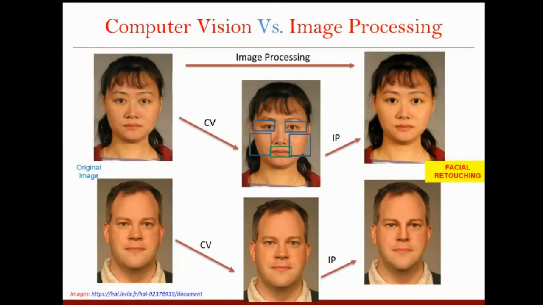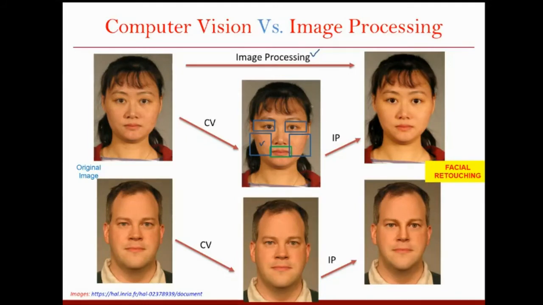So what can be the steps for this? If you analyze it deeply, we cannot directly take the image and apply the image processing and get the final output. The reason is that the kind of improvement that you are going to do in this region is going to be very different from what you are going to do in the eyes or in the lips, right? For example, for lips, maybe you want to make them more red, but you don't want to make the eyes red, or make the cheek part that red.